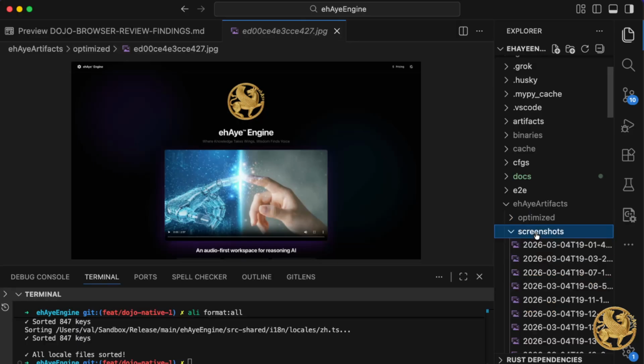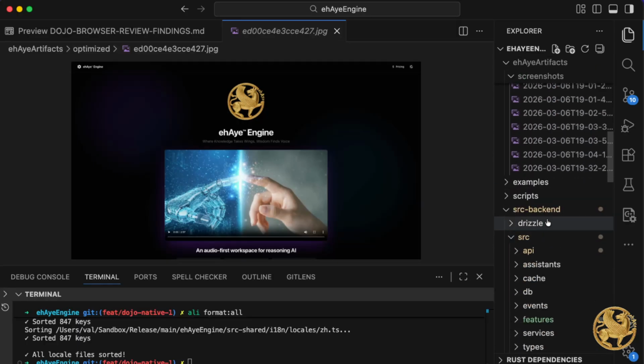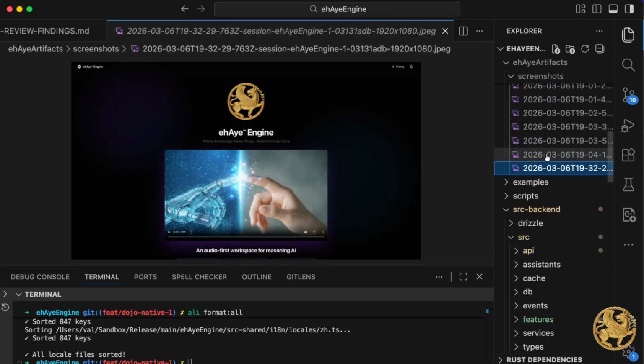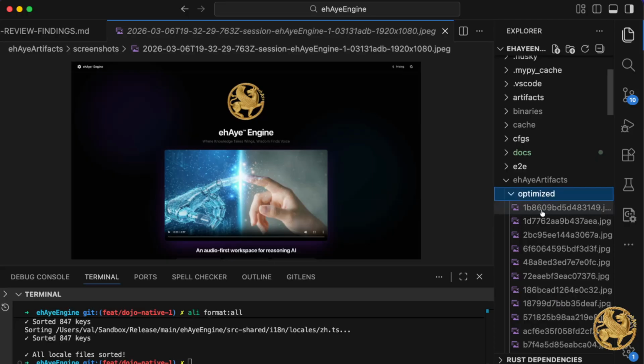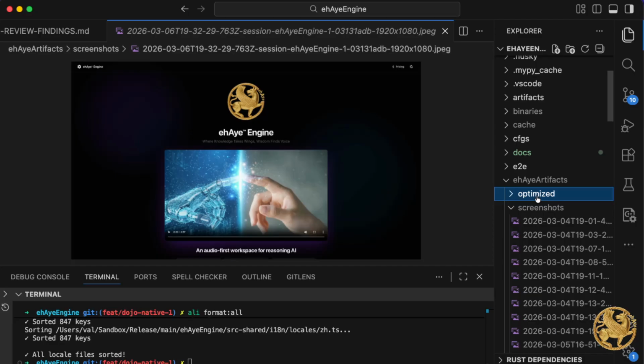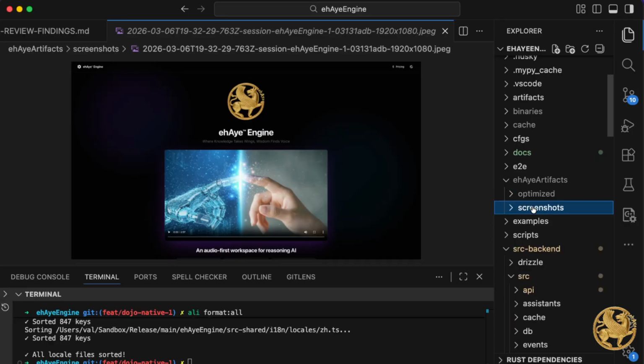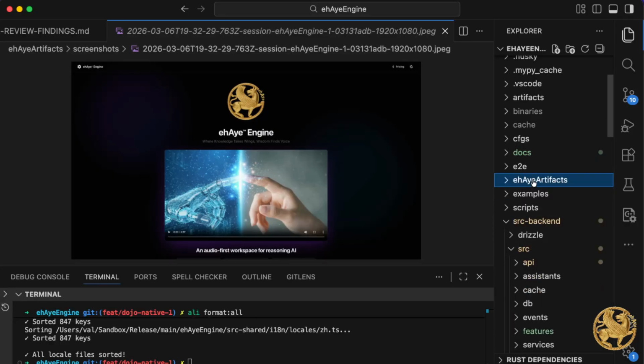So I took these screenshots here. We keep the originals. And before it takes the base 64 and sends it to the LLM, it optimizes it. So the base 64 is very small, and only then it sends it up. And in 2 seconds, it did the work.